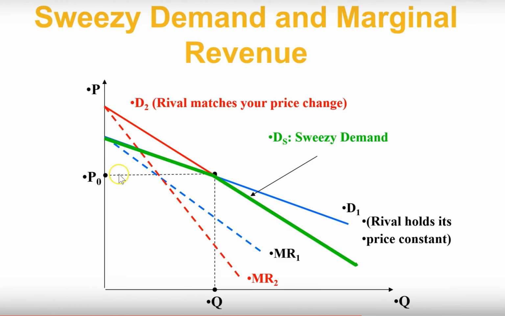Look at the kinked demand curve. When we raise price, the question is, do we move along this curve or this curve? And I've already highlighted for you, we move along the flat curve. So raise price, you move along the relatively elastic curve. So remember from price elasticity,